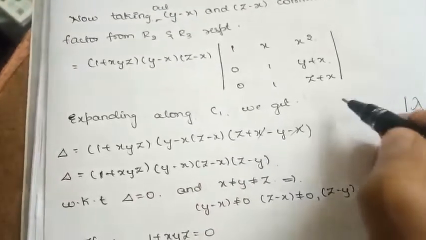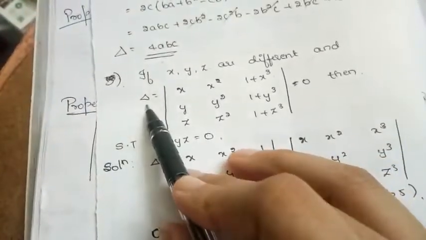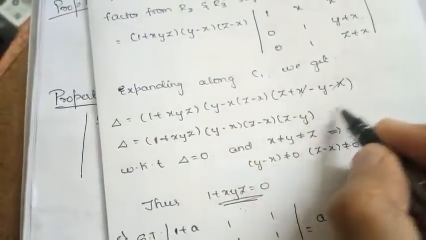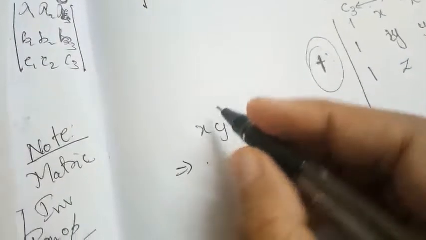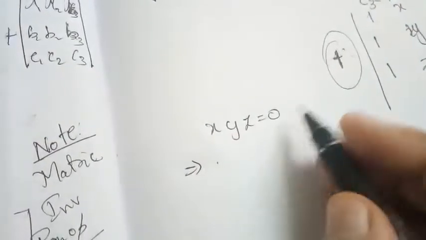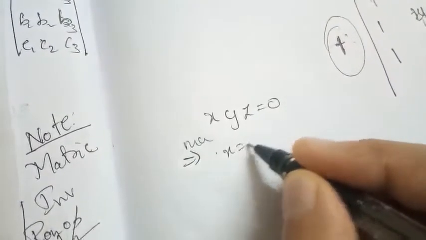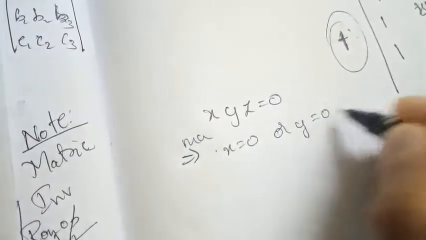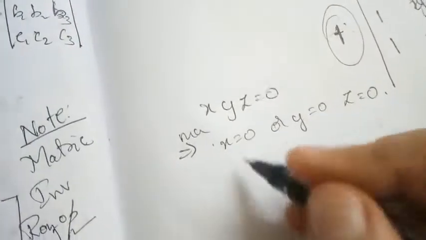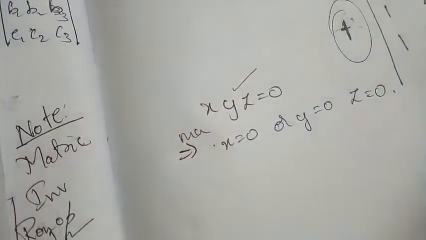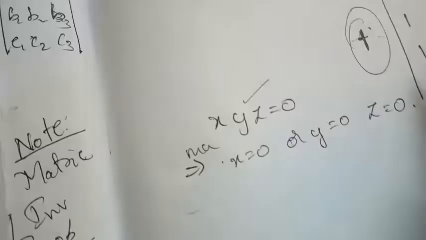What is given in the question? You can see here in the question itself they have given the value of determinant delta is equal to 0. So we know that the LHS, the value of this one, is equal to 0. But if you see here, it is in the multiplication form. Suppose there are any real numbers x, y, z and the product xyz is equal to 0, then according to your multiplication knowledge what will you say? Either x is equal to 0 or y is equal to 0 or z is equal to 0. In this case only we are going to get the product equal to 0. This is the basic idea which we all know.